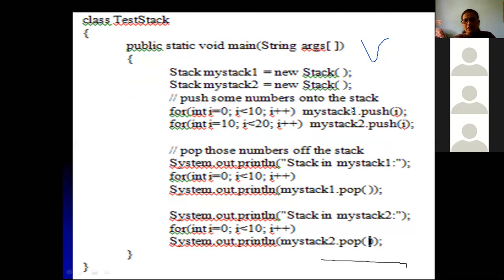So myStack1 will have values from 0 to 9. The second object, myStack2, will have values from 10 to 19.